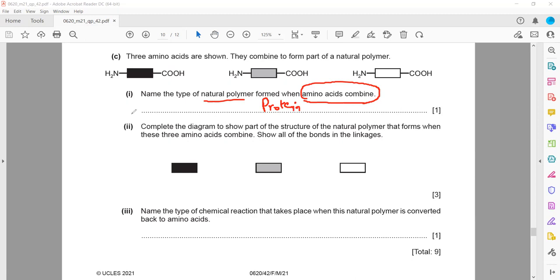In the second part, complete the diagram to show the part of a structure of the natural polymer that could be formed when these 3 amino acids combine. Show all the bonds in the linkage. So when these molecules combine with each other, what will happen? Amines will always lose their H, like the amine group, the NH2 group will lose one of its H. And carboxylic acid, when it is combining with